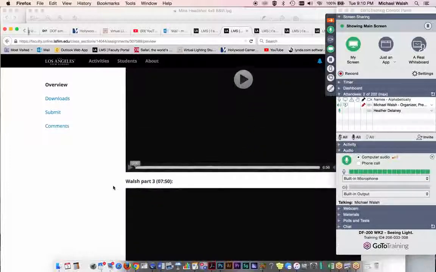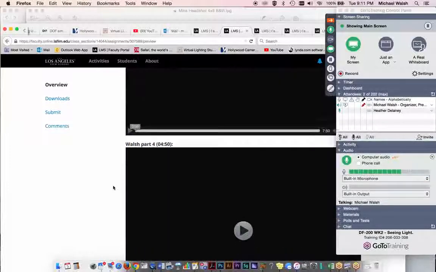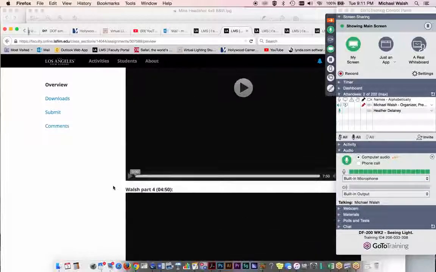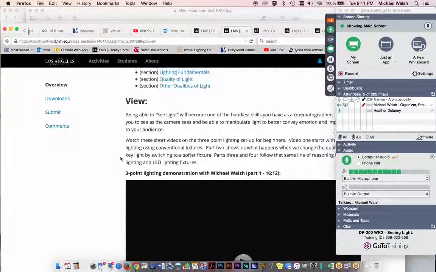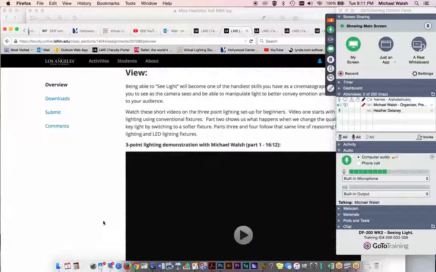It's in 4 parts, so you can sort of break it up over a couple of different sittings if you have to, where I'm going to basically go through the 3-point lighting approach with you with a subject. And we're working on stage, and we have a variety of different lights, and you'll get to see what those lights are doing. And I'll discuss with you my thought process and the results or the qualities that I'm looking for in terms of my light output from each